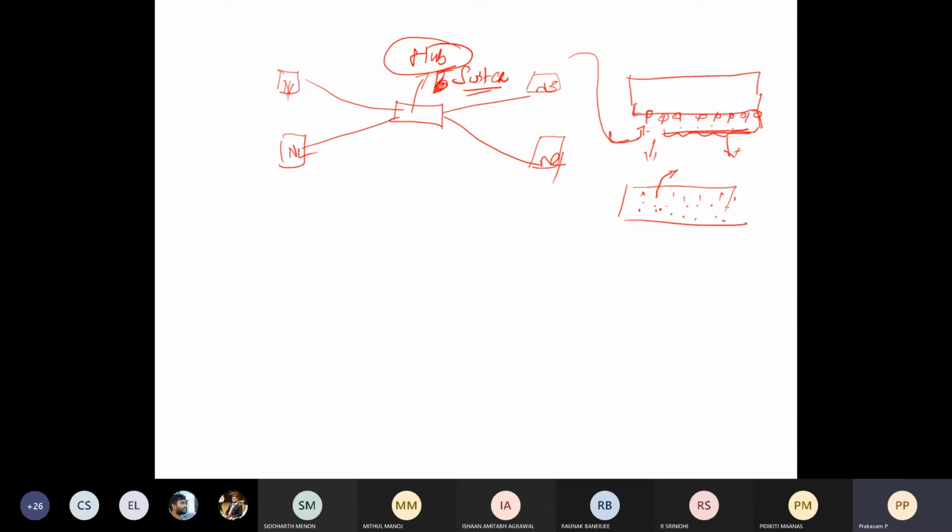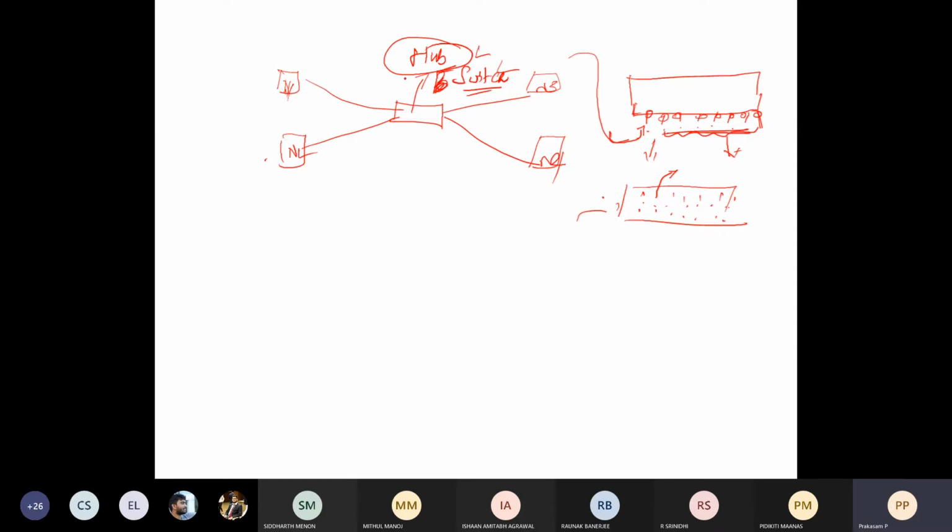For example, if the switch is a 128-port switch but we are using only 60 systems, you can identify the respective 60 ports in the switch. So a switch is an intelligent device. That is the only difference; the function of a hub and a switch is the same. To interconnect the different nodes, we can go for a hub or a switch. A hub supports a maximum of up to 32. But if the number of systems is high, we can go for a switch. It is an intelligent device, while a hub is a non-intelligent device.